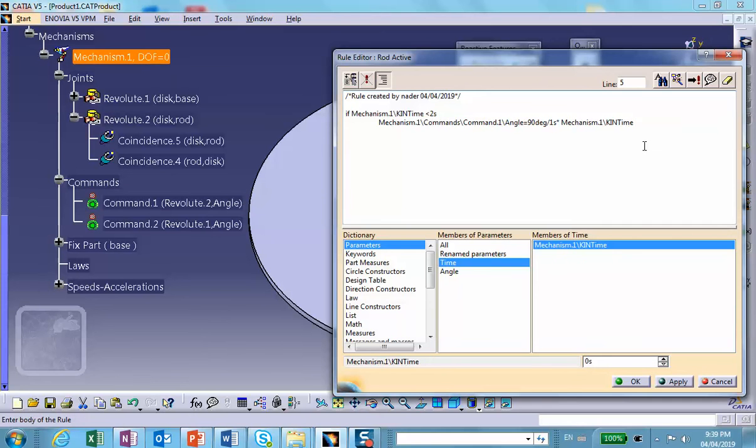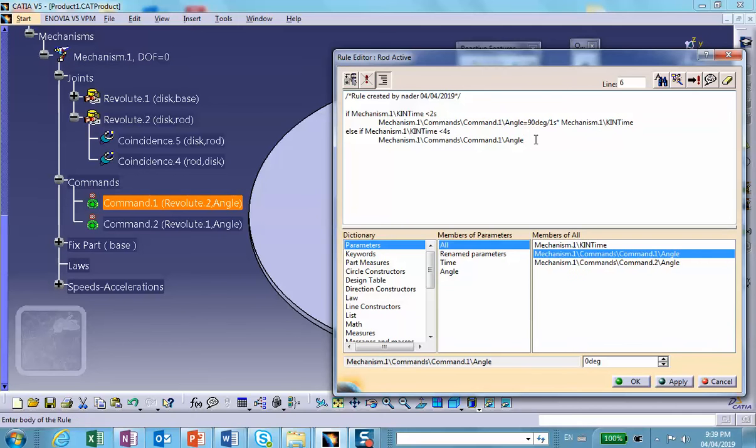Okay, else if time, what is the time? Time is less than 4 seconds, then command 1, yes, equal to, now remember we're dealing with a rod. The first 2 seconds it goes to 180 degree location, and then at that point it goes backwards, so 180 degrees minus exactly what we had there, 90 deg divided by 1 second times parentheses, times, don't forget to subtract 2 seconds from it,